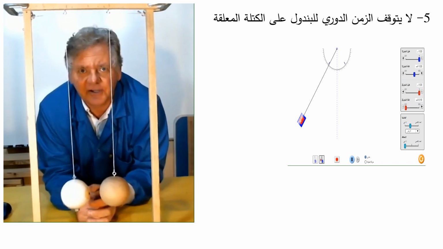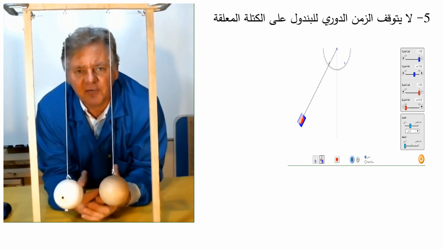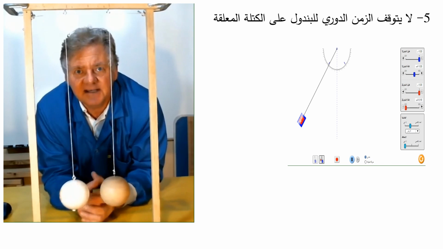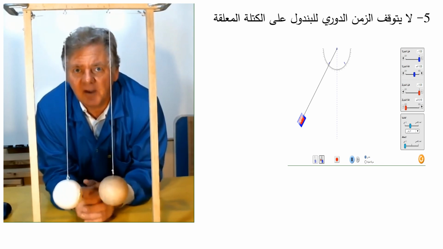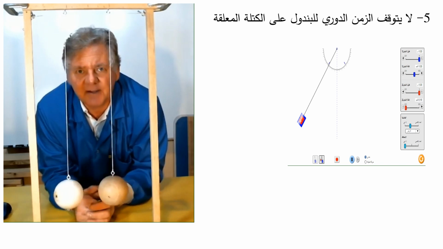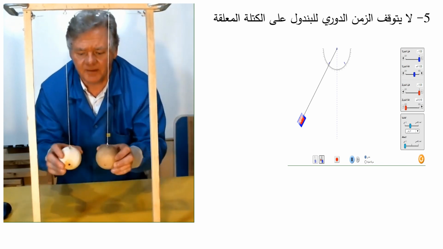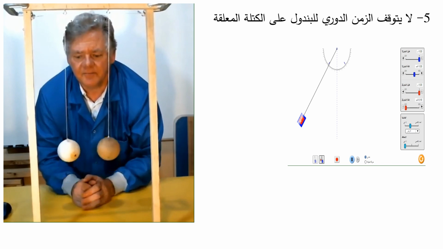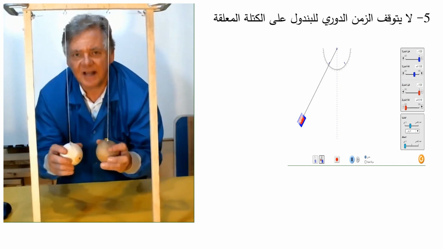Now, as I showed earlier, the physics says these should both have the same period of oscillation since the pendulum length is the same, regardless of the weight of the pendulum bobs. So let's do a quick experiment to see if that's true. Let them both go. And for the first couple swings, they do stay in